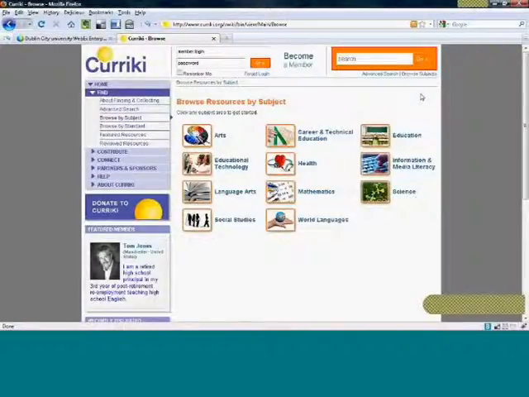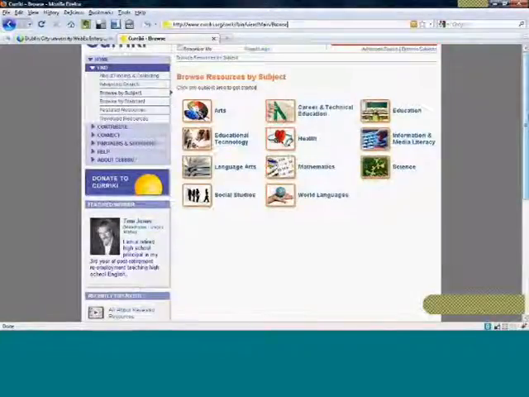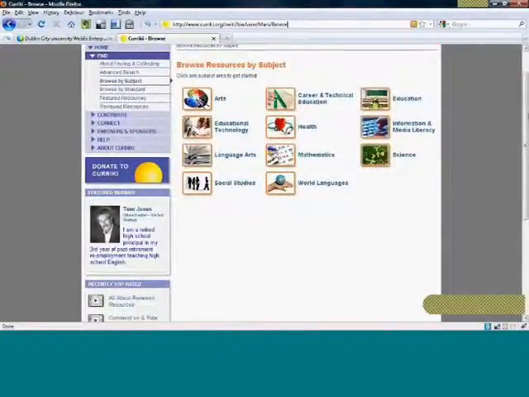Content is organized into subjects and then subtopics. These subjects are chosen by the content creator. So that person is adding the tags for subject and subtopic. And then you can click through,